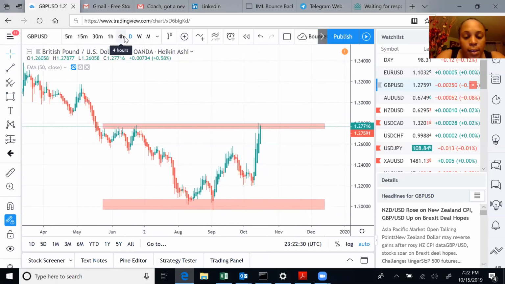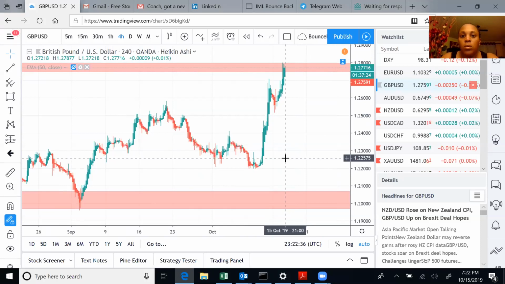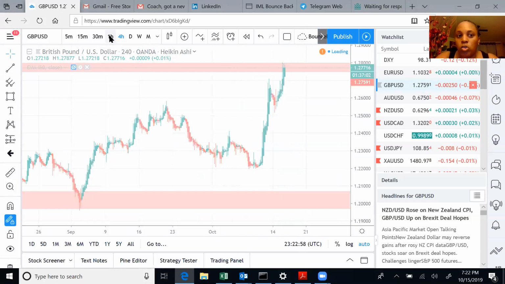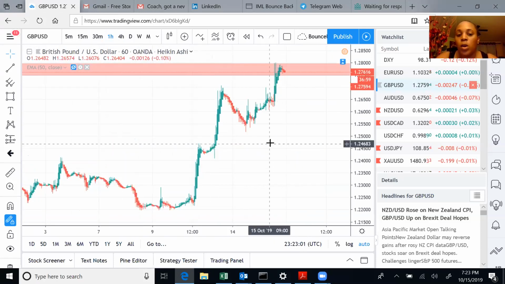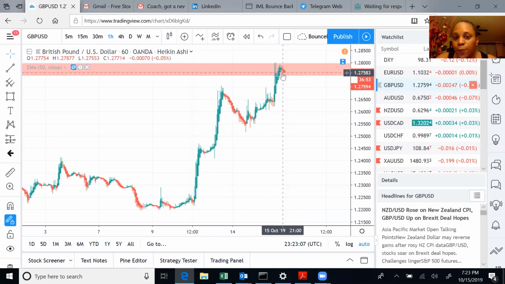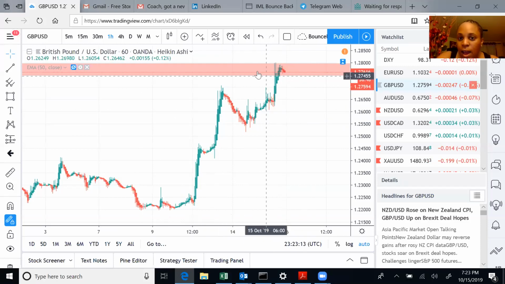So coming down to the 4-hour time frame, right? What I want to see in this area now is some rejection. I want to see wicks at this resistance area, and that's key for me because that starts to confirm that the trade that Bounce Back sent out is leaning towards that direction of the sell. So you can see that the sell is coming, right? Because you want to see some rejection in this area. So as I come now to the 1-hour time frame, I should be seeing the entire trade pausing at this resistance zone,